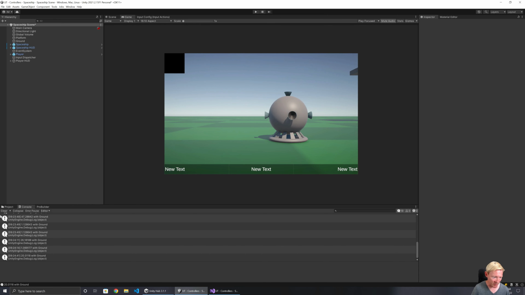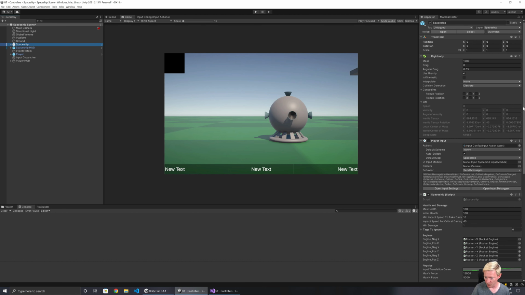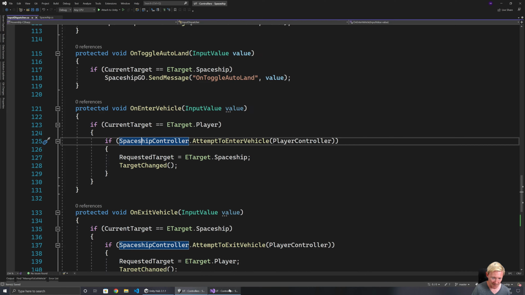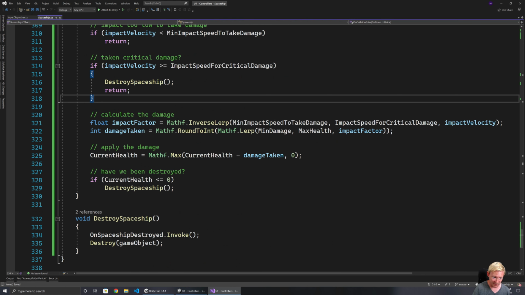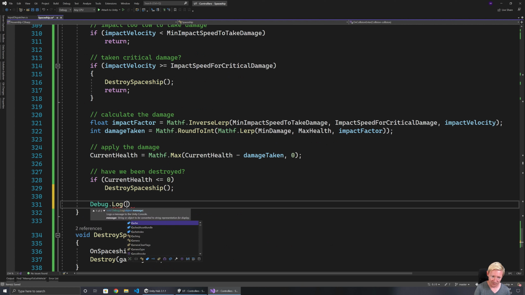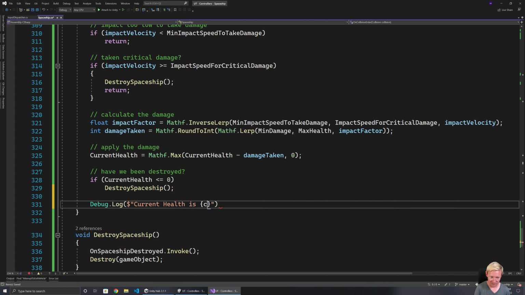We'll find those issues momentarily. So what I'm going to do is, with the spaceship, when it gets destroyed, I'm going to have it talk to the input dispatcher, and it is going to run OnSpaceshipDestroyed. Now I will set up some stuff here so we can log out